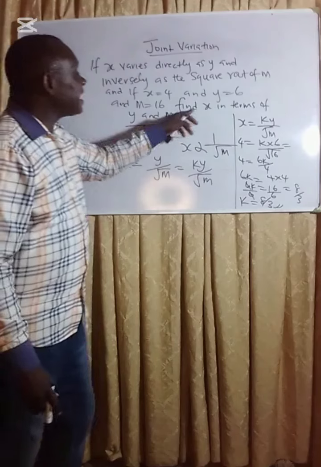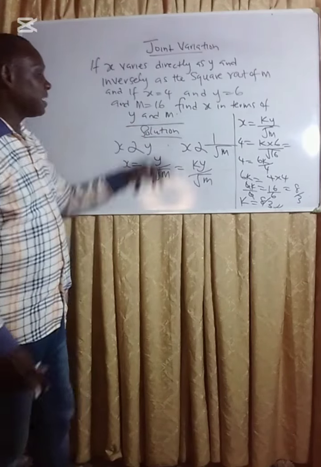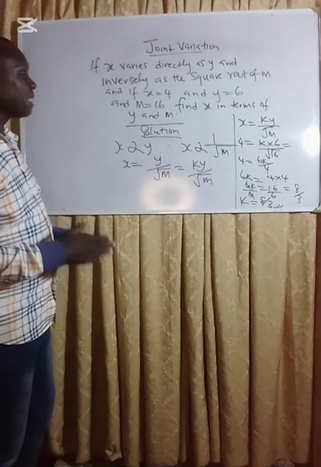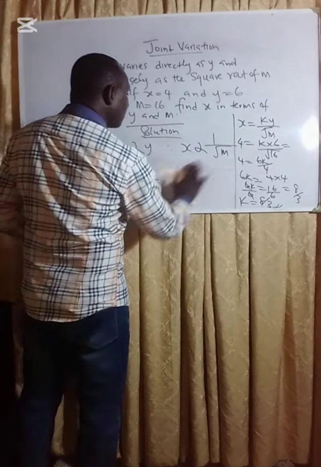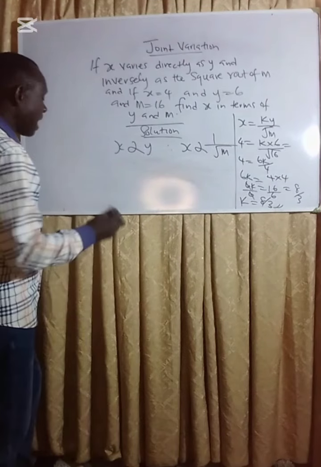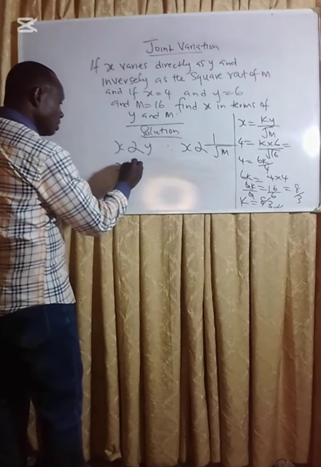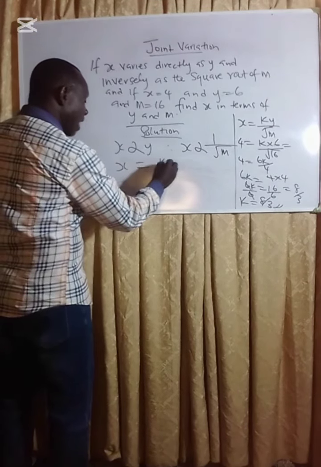Now they said find x in terms of y and m. Find x in terms of y and m. Now, having known the value of k, I can say my x now is equal to ky all over